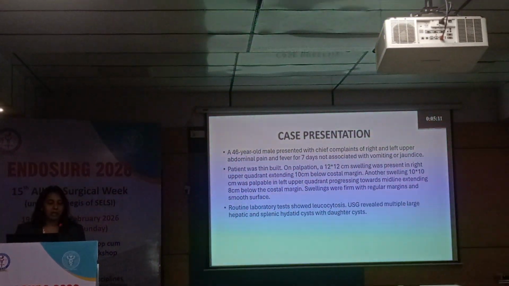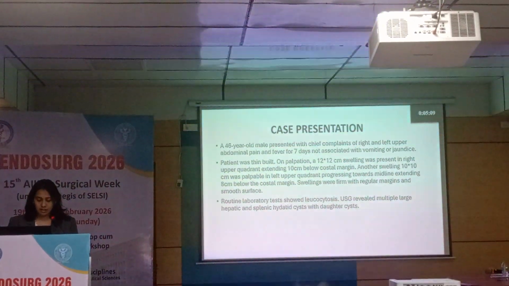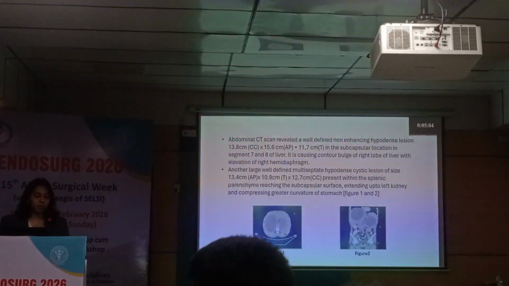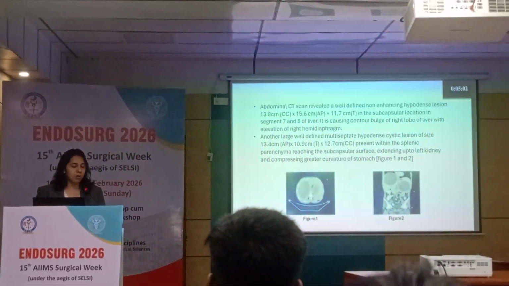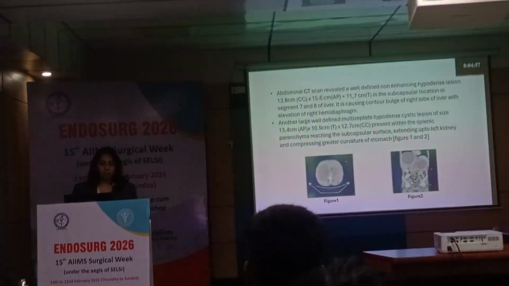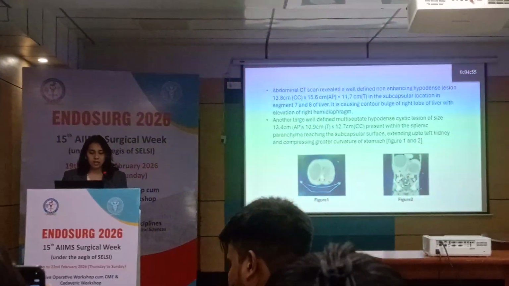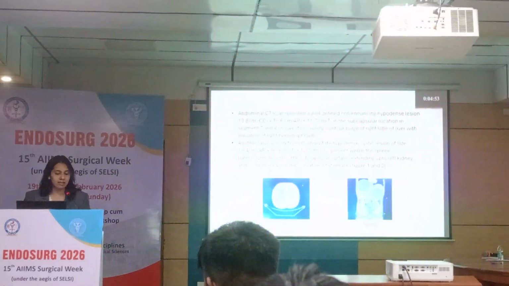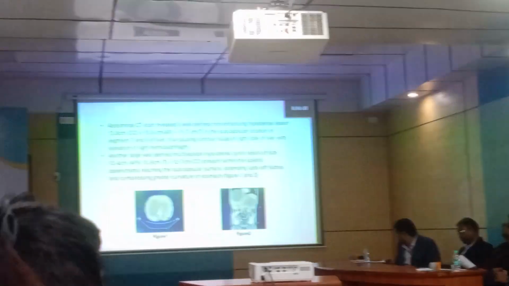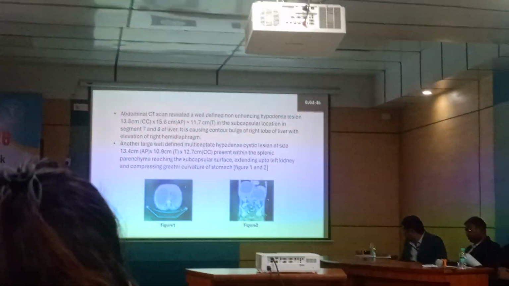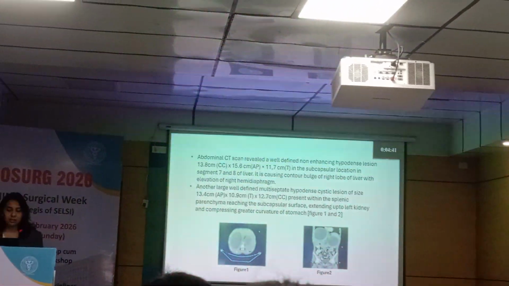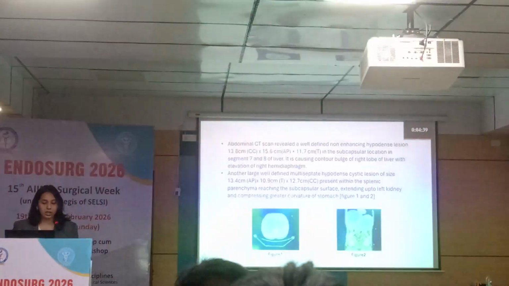Ultrasound revealed multiple large hepatic and splenic hydatid cysts with daughter cysts. Here is the CT picture of the similar findings, where we have the coronal and the axial cut section showing a 13.8 by 15 by 11 centimeter cyst in the subcapsular location in segment 7 and 8 of liver, which is the most common site of the hydatid cyst in liver. Another similar cyst measuring 13 by 10 by 12 centimeter was present in the splenic parenchyma reaching up to the